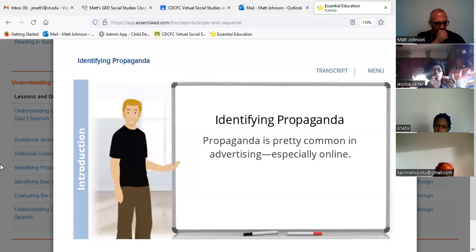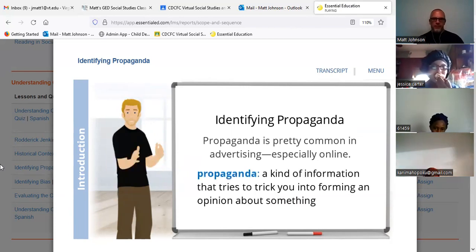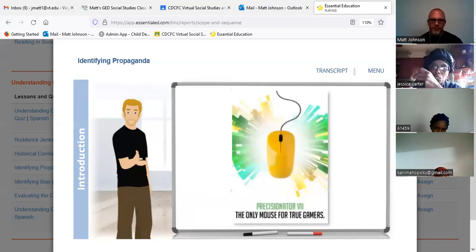Even if you aren't familiar with the term propaganda, odds are good you've seen a bunch of it already. Here in the U.S., propaganda is pretty common in advertising, especially online. It's become more common in politics, too. So what is it? What is propaganda? Well, propaganda is a kind of information that tries to trick you into forming an opinion about something. It's trying to get you to think or do something that doesn't necessarily benefit you. Here, take a look at this magazine ad. It's for a new gaming mouse called the Precisionator 7. The ad says, it's the only mouse for true